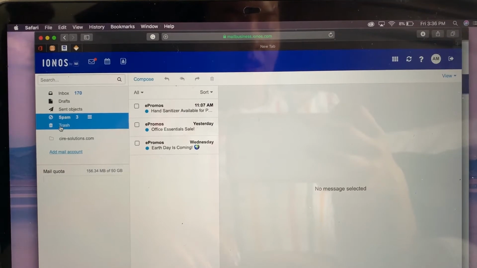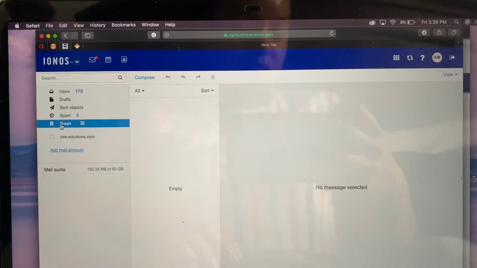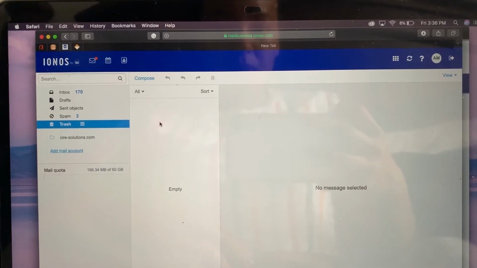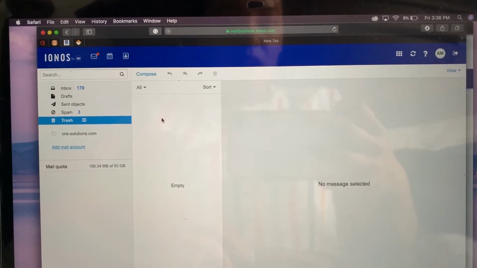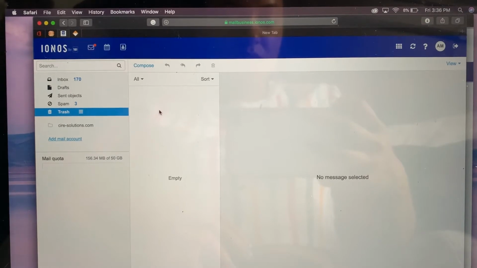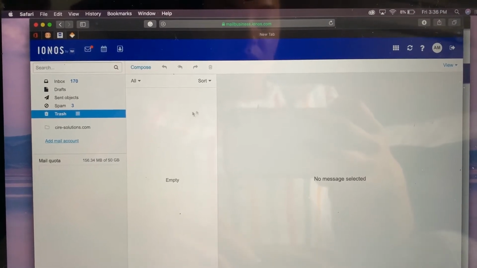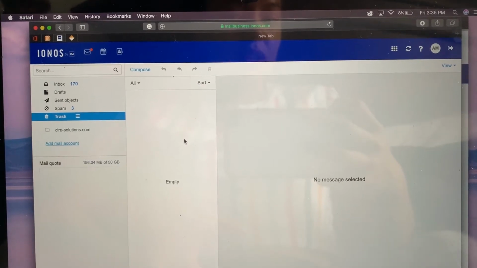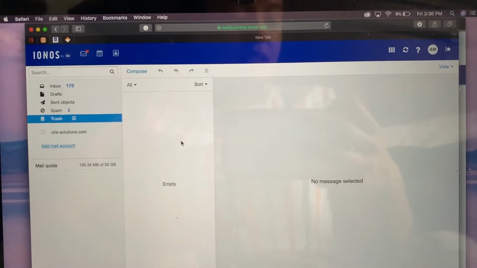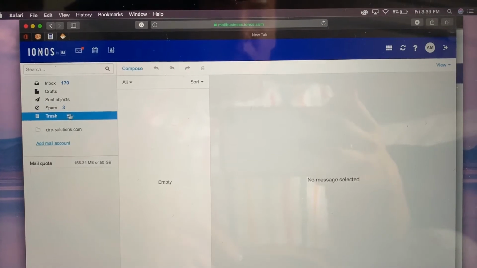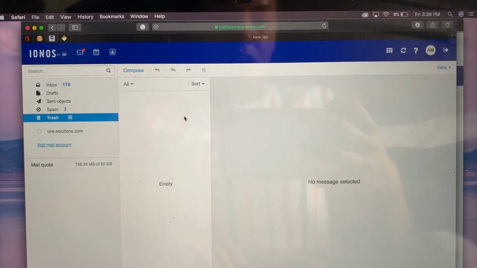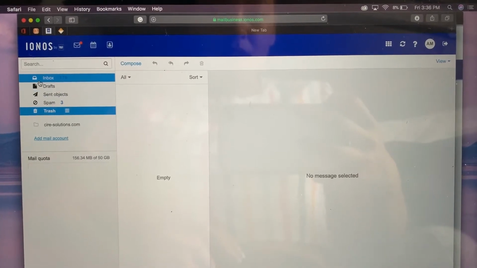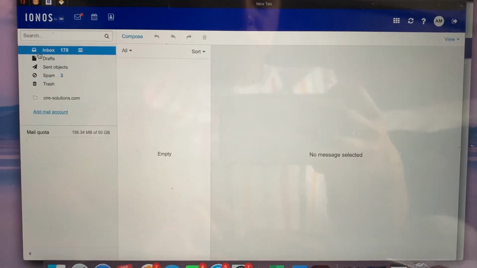And then we have trash. Deleted messages would be here. So I think they'll be able to store some messages that you've deleted over here for maybe a couple days or so, and then it will be officially deleted. So if you accidentally delete something, you can always go to trash and see if it's still there, and you can click on it and find it. So when I go back to inbox up here,